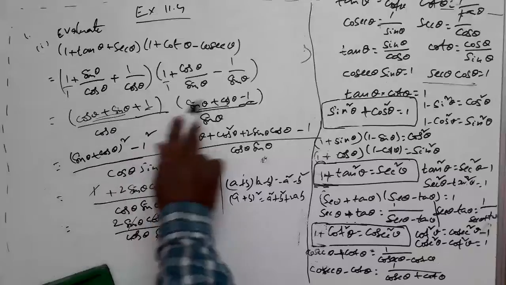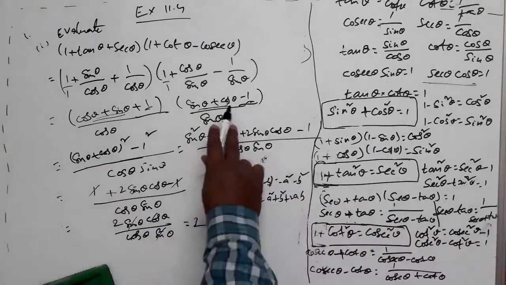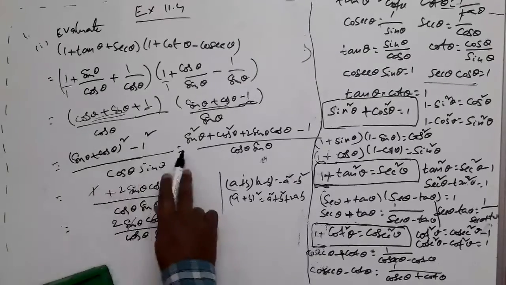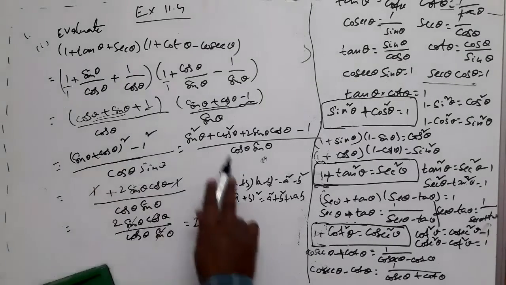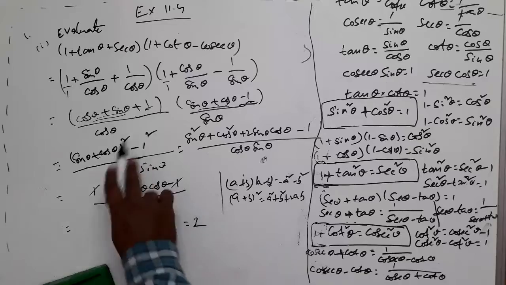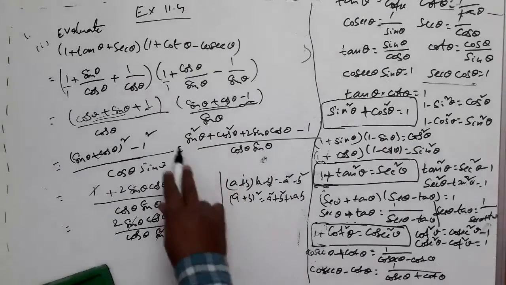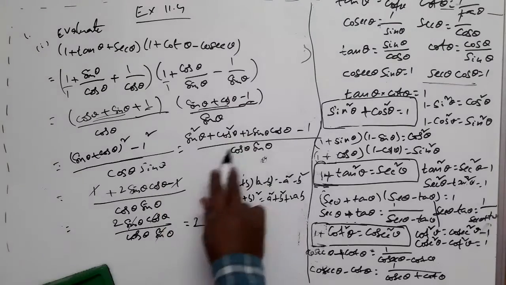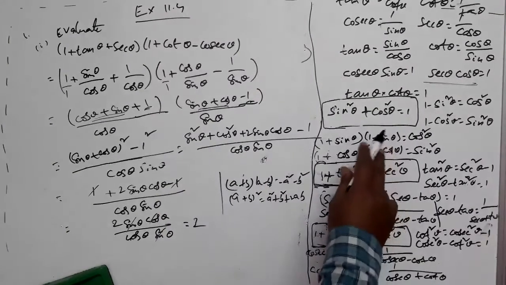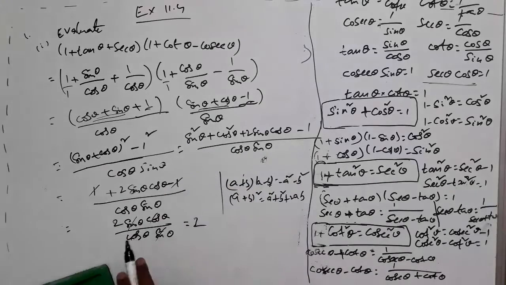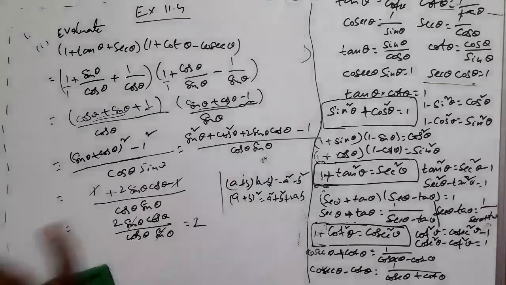You are able to see that this is of the form a plus b multiplied by a minus b, so the a square minus b square formula I have used here. Again, this is of the form a plus b whole square, so the a plus b whole square formula also you have used to expand this square and simplified further. Of course, here sin square theta plus cos square theta can be replaced by 1 from the identity. So that's why you have replaced by 1 and simplified further. You have got the number 2 as the answer, right? Yes. Next part, next question.